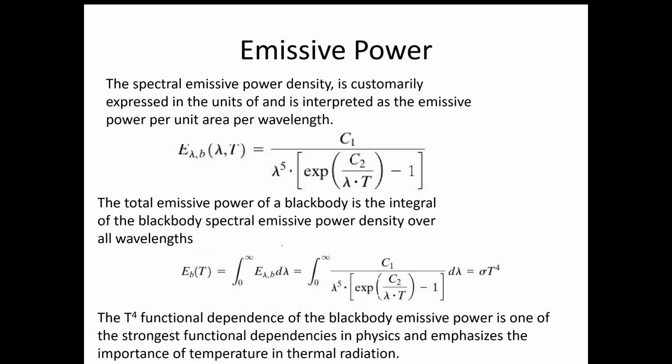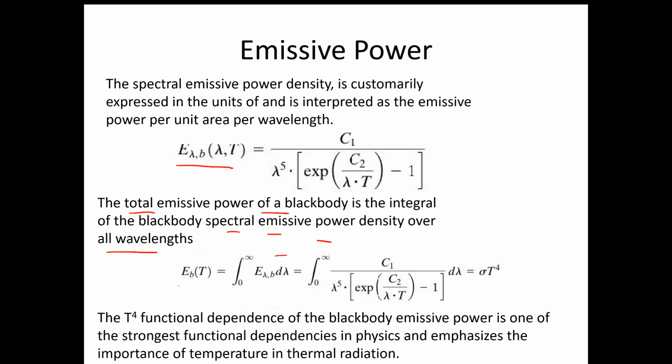So the spectral emissive power density, right, the amount of spectral emissive power is expressed in the units of and interpreted as the emissive power per unit area per wavelength. So this is the equation that would describe that. So the total emissive power of a black body is the integral of the black body spectral emissive power density over all wavelengths. So we're not going to go through all the math associated with it, but what happens is